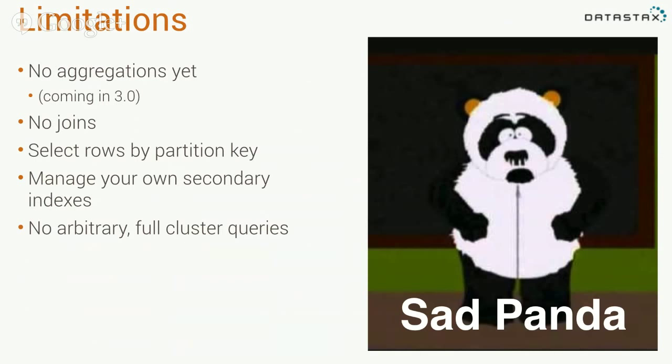So we do have limitations. I've kind of bagged on all the things that come with a relational database, and I get to do that because Cassandra doesn't do any of them out of the box. So basically, we don't have aggregations, we don't have joins, and you're always going to want to look up rows by the partition key, so you don't get to just create a bunch of secondary indexes on everything, query, and not care.